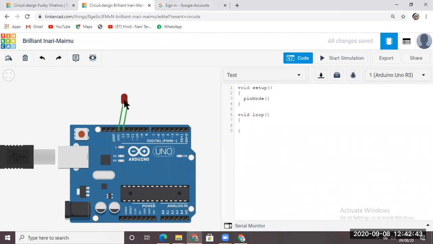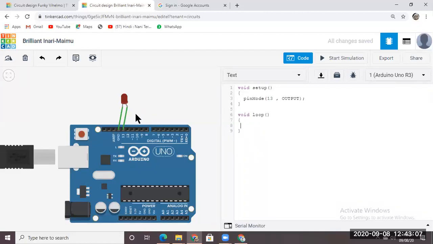Tell me to which pin number this LED is connected. What is the pin number? Pin number is 13. So we write 13 over here and then we write OUTPUT, since this Arduino board is giving out an output to the LED.